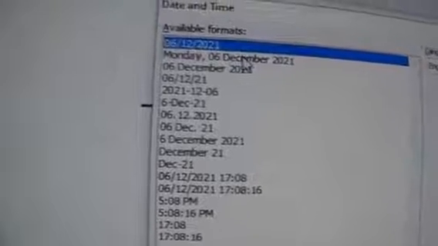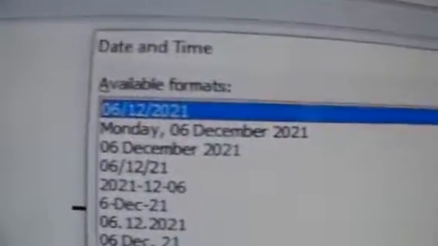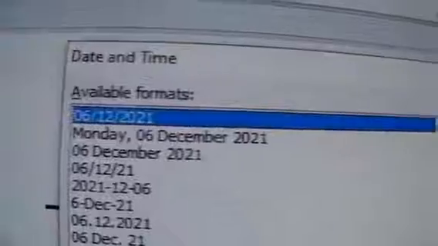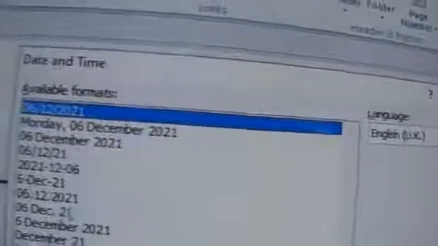So you will see this now, which is coming. You have so many options for the dates. The date which is going to show there is the date which is already activated in the computer. So it is showing 17 in terms of time, 6, 12, 2021. So choose any from the list here. If you want to use the same one, you just say OK. Then the date will be inserted here. So this is where we put the insertion point. The date you can put at any point depending on where you want it to be.